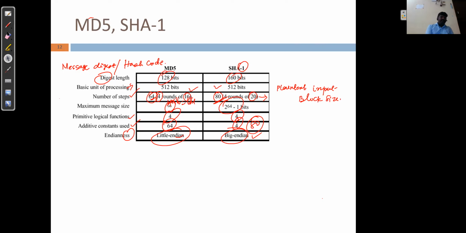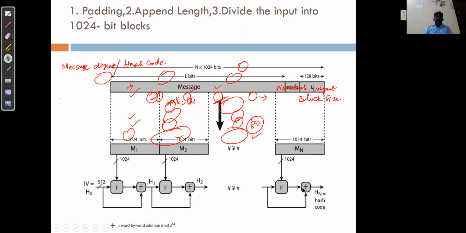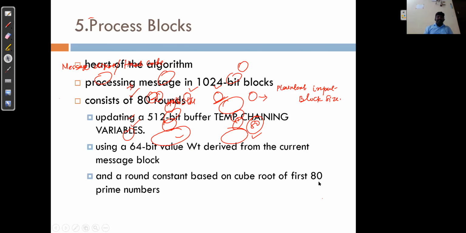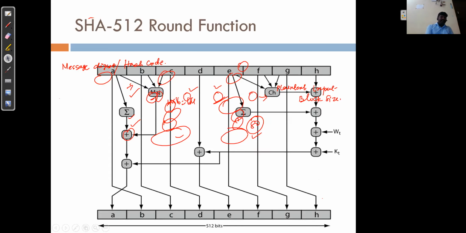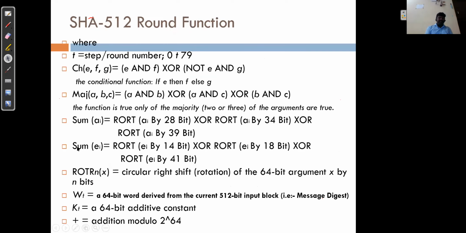Okay, once you are clear with the core concepts of the MD5 as well as SHA algorithm, you can understand easily all the other different SHA algorithms, which go up to 512 bits, right? So depending upon the algorithm we use, SHA1 or SHA256 or SHA512.